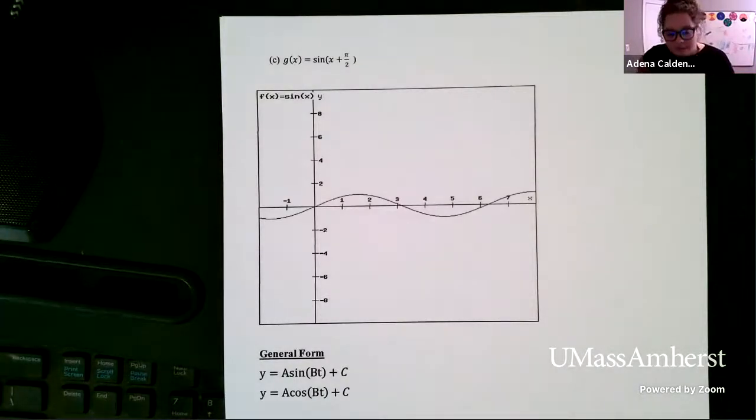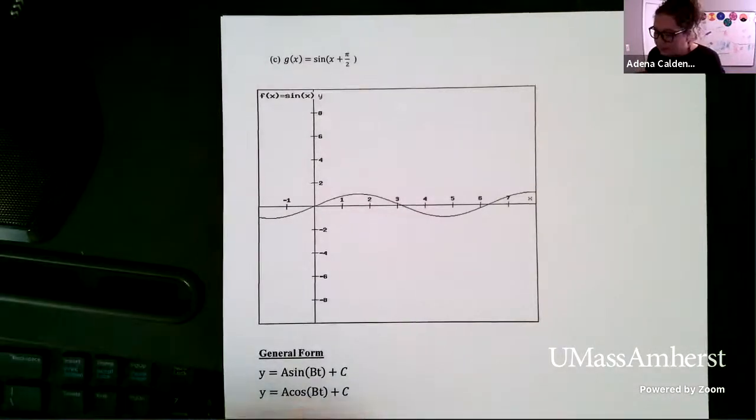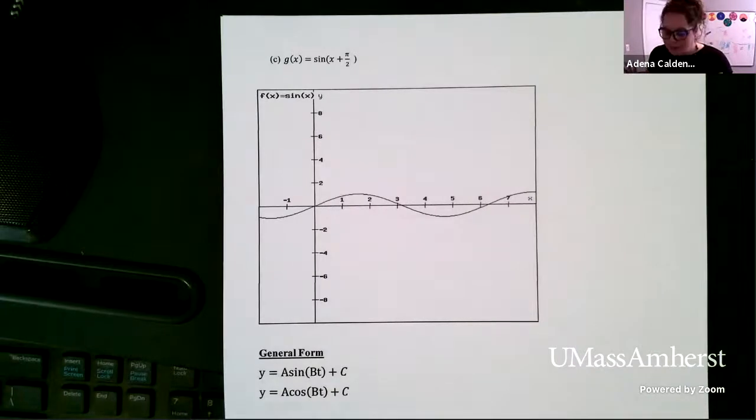Again, it's an approximation, so just try your best. You may have a sense of what's about to happen when you try to graph it, but I'm going to give you 2 minutes quickly to try to graph this particular function on the same axes as sine of x, and then we'll go through it together.